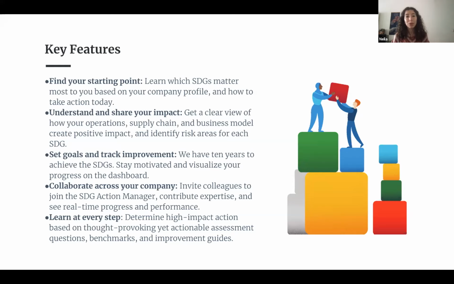And then after you've completed that baseline, you will access all the other SDG models within the tool. You will notice that there are only 16 models, not 17, because the number 17, the partnership for the goals, is being considered to be implemented in all actions that we're doing.